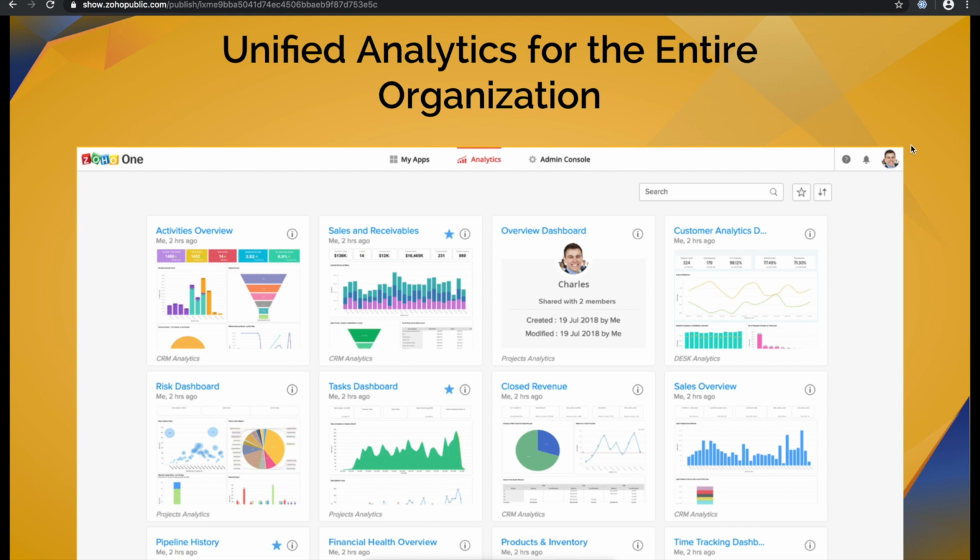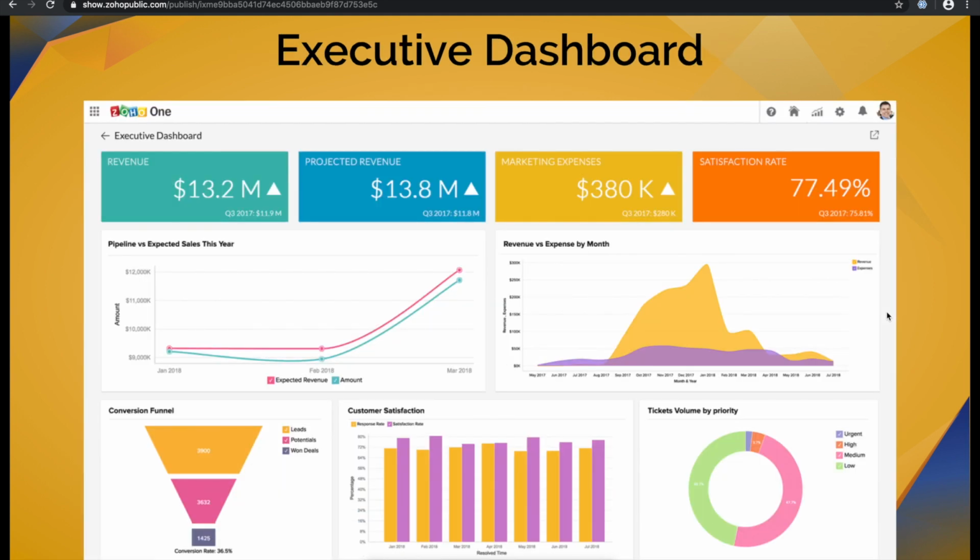There is a closed revenue dashboard which is pulled from CRM. There is a sales overview dashboard which is pulled from CRM. There's a customer analytics dashboard to see how your sales reps are doing and how your customers are reacting, which is pulled from our product Zoho Desk. So these are a few of the dashboards that are ready-made for you. But you can also, okay, before we go, yes, so this is an example of an